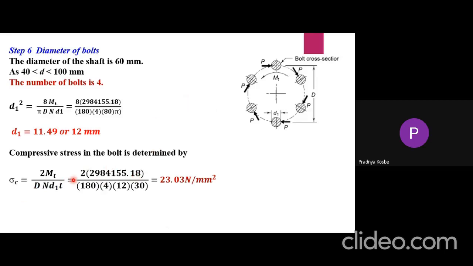Area will be d1 into thickness into number of bolts and pitch circle diameter of the bolt, as in this case,